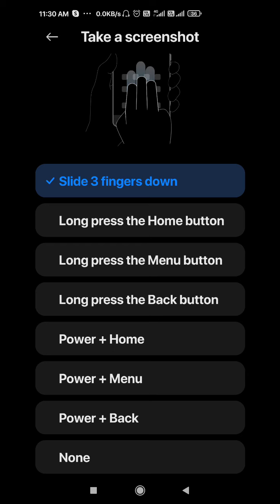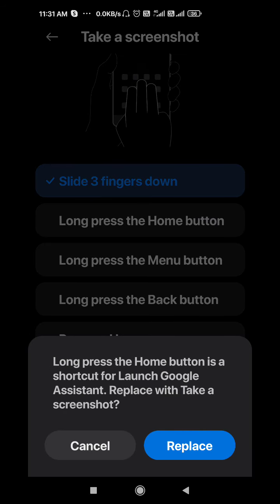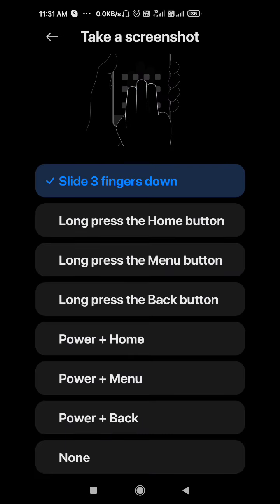Otherwise some other option, other shortcut is also available, but make sure that the same shortcut is not applicable for 2 functionalities. For example, the home button, if I press the home button, then it will launch the Google Assistant, but if I select that button to take a screenshot, then Google Assistant will no longer work.